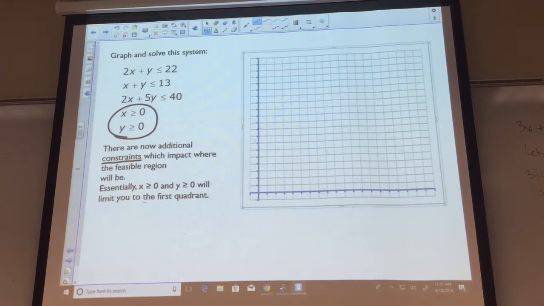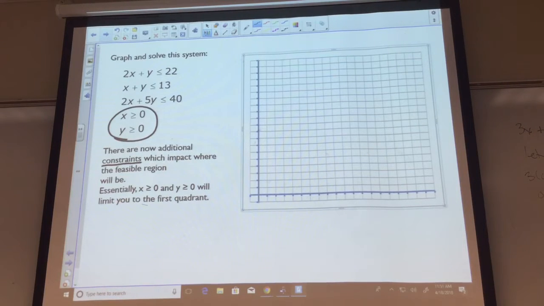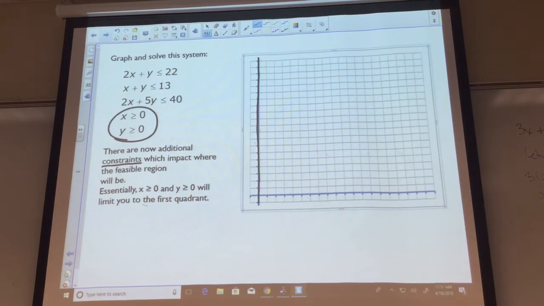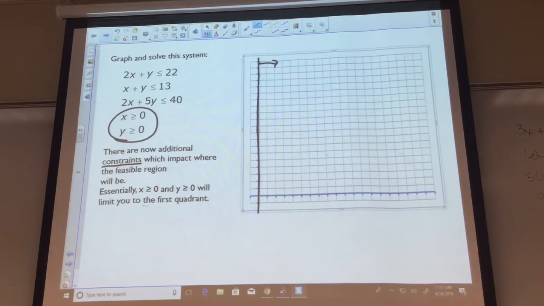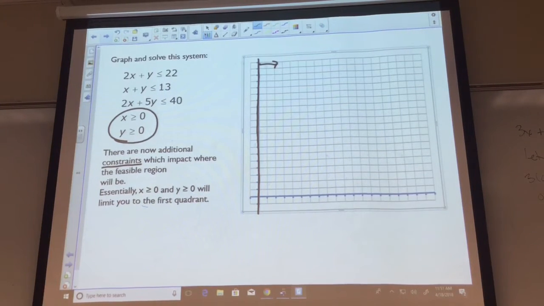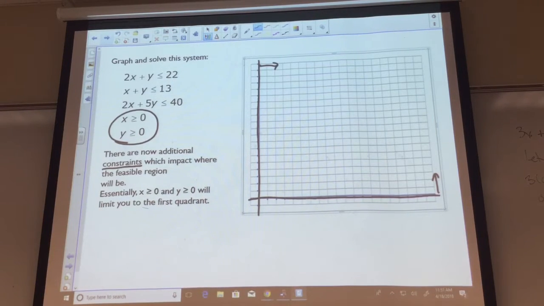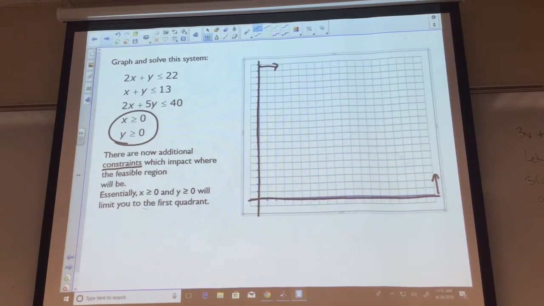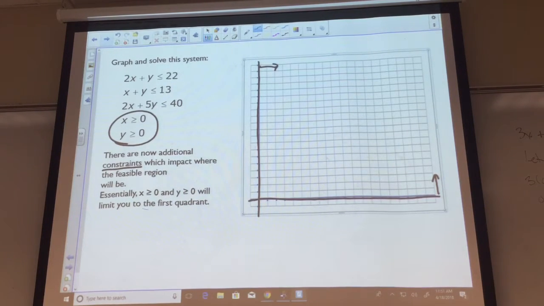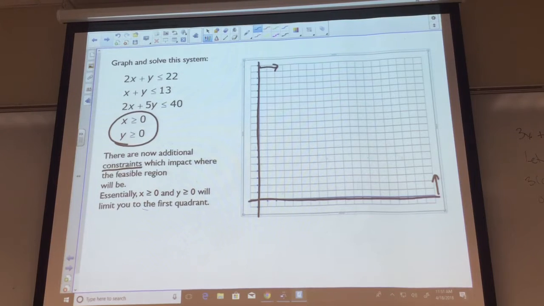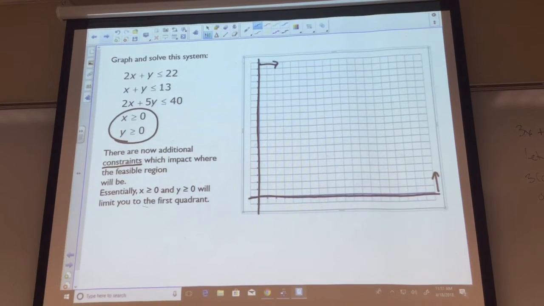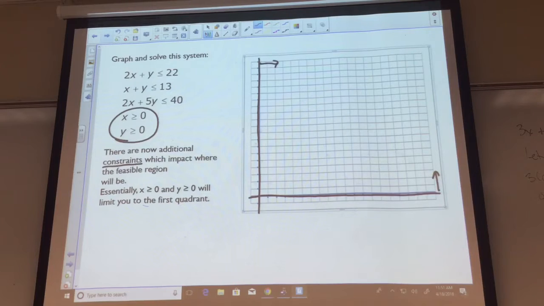X being greater than or equal to 0 means that you always have to be on the right-hand side of the y-axis. Y being greater than or equal to 0 means you always have to be above the x-axis. So those 2 values constrain or restrict you to only having to worry about the first quadrant. In the practical application problems in the next section, this is almost always going to be true because they talk about